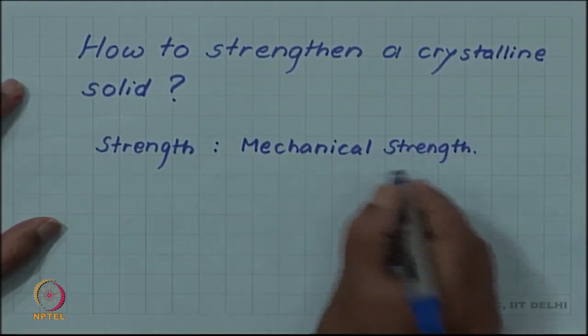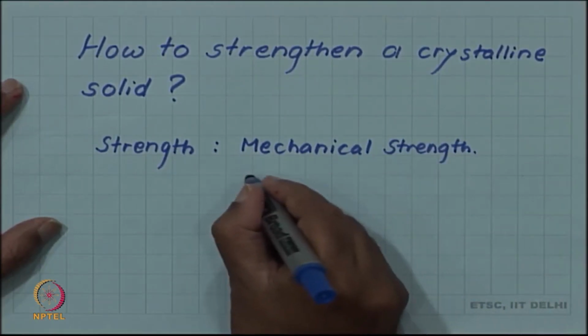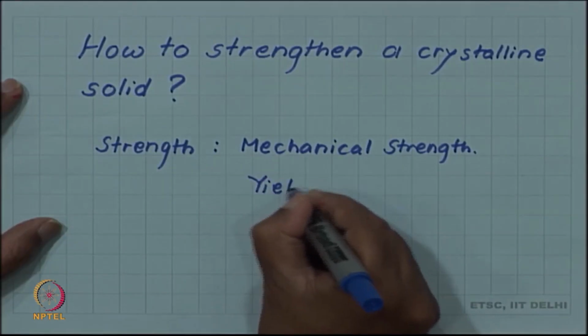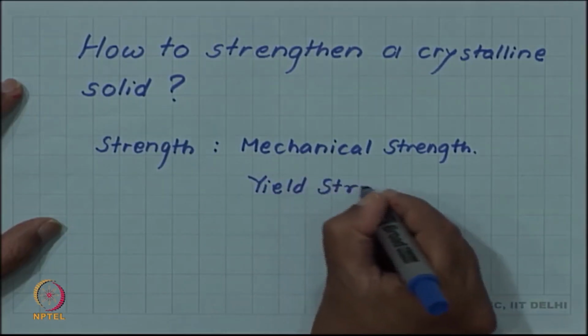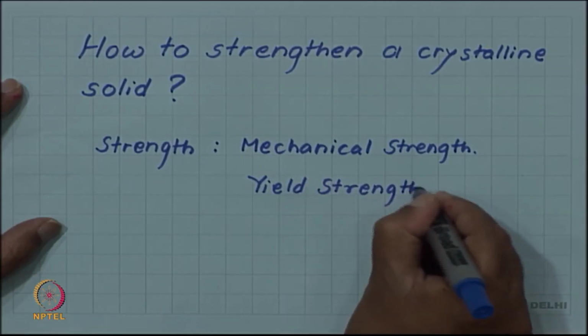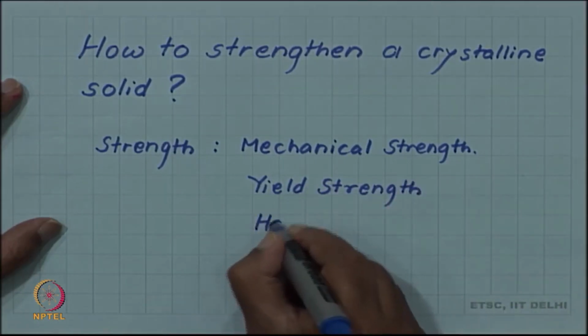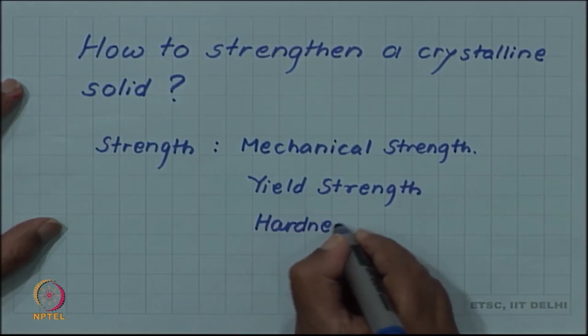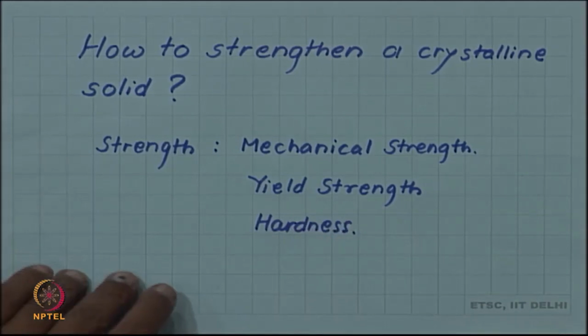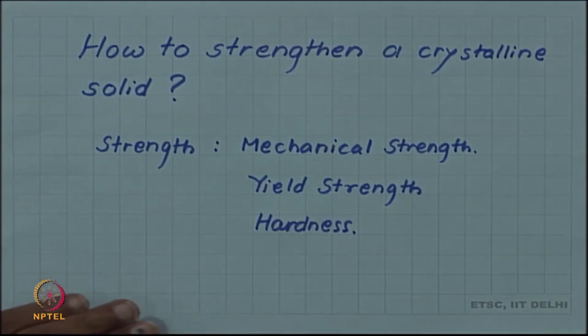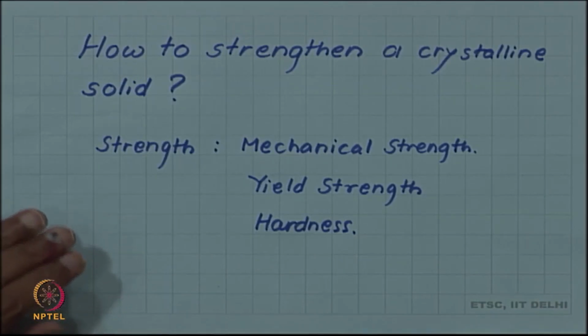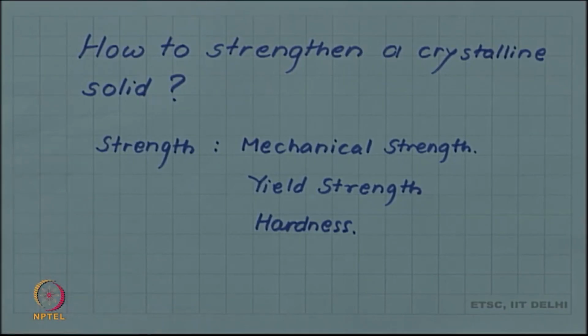as measured, let us say, by a uniaxial tensile test, which will give yield strength, or an indentation test, which will give us hardness. So, these are measures of mechanical strength, and in many applications, the higher the strength the better it is, because it can carry more load, or it can be used for reduction of the weight, because a smaller cross section of the material can carry the desired load. So, how to strengthen